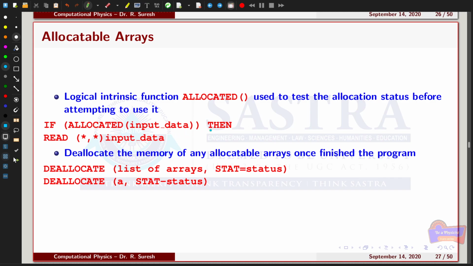Otherwise, it terminates the program. So this logical function is very useful to check whether the allocated memory is properly used for the corresponding array.